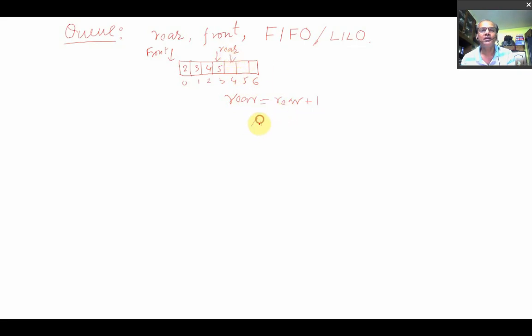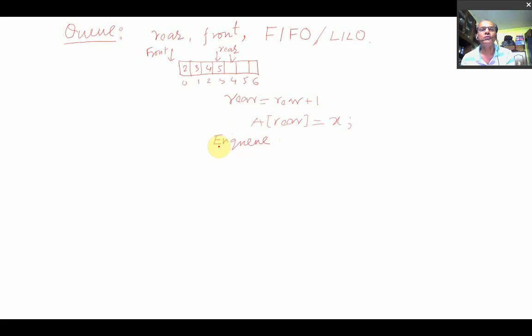Now at the rear position you can store the item X. This way you can insert the elements into this array. Inserting means this is called the NQ operation.